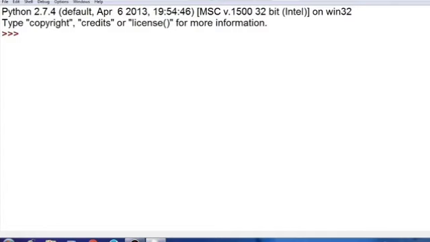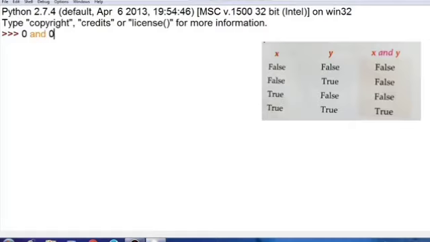Like I am writing here 0 and 0, so it will give you the answer as 0 because false and false is false only. Suppose I have written 5 and 0, so 5 is having the truth value true, and the second one is having the truth value as false. So the first expression has truth value true and the second is false. So false is written because in the AND operator, if you want the answer to be returned positively, both the operands need to have the truth value true.